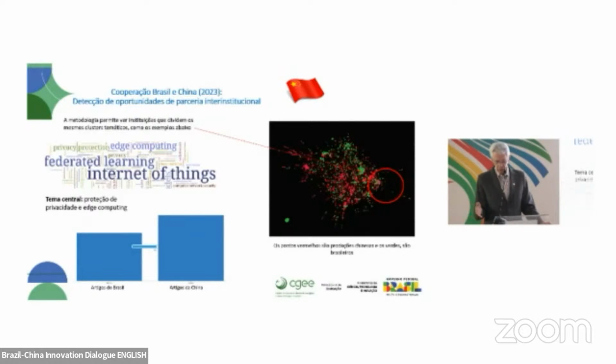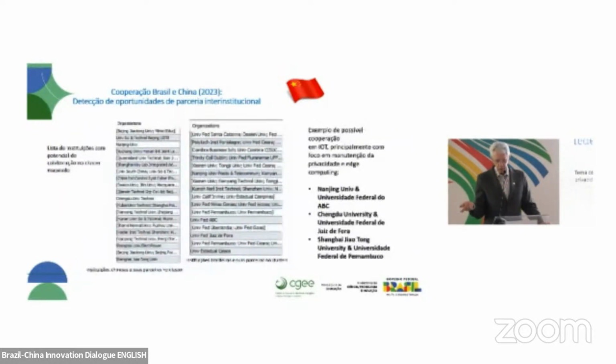So just as a curiosity here, I will show you what would be the case if we could suggest partner institutions, right? So let's see the next one. For this topic, you would have on the left side the list of universities from China, and on the right-hand side you will have other universities there that are not Brazilian. So you have United Kingdom, you have Portugal, but you also have a list of Brazilian universities where you can find a match according to the interest that you have at hand.